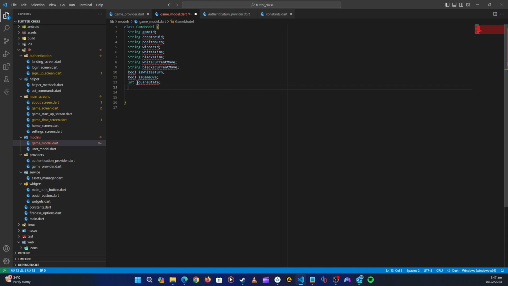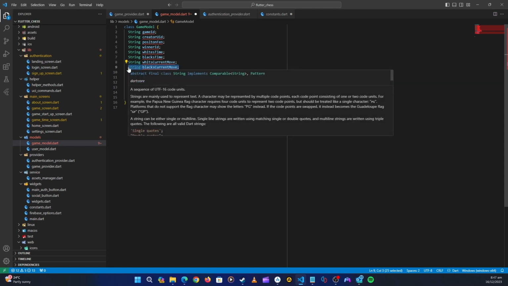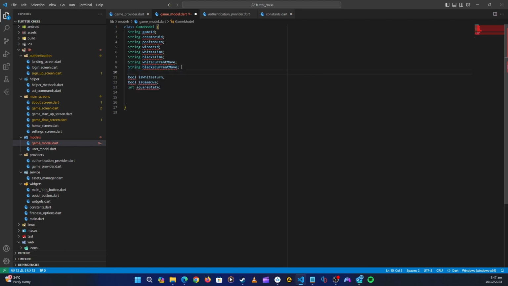Let's see, maybe board state. Let's put it as a string up here. Board state. And then we also need the place state, another string which will be a place state,